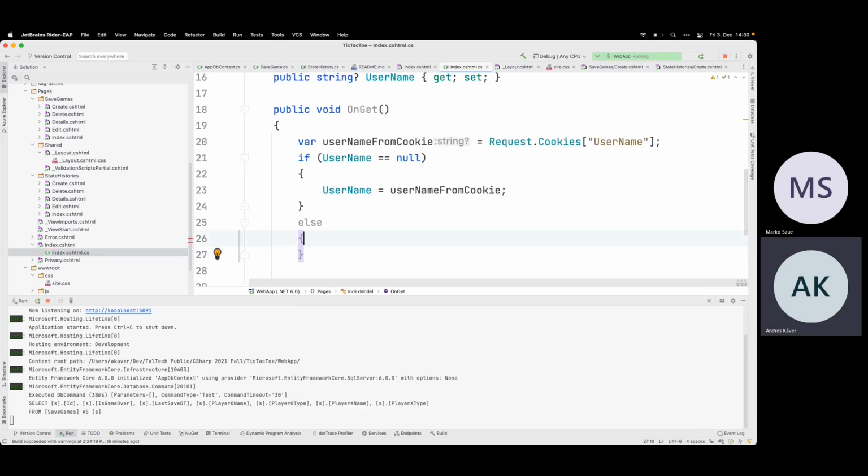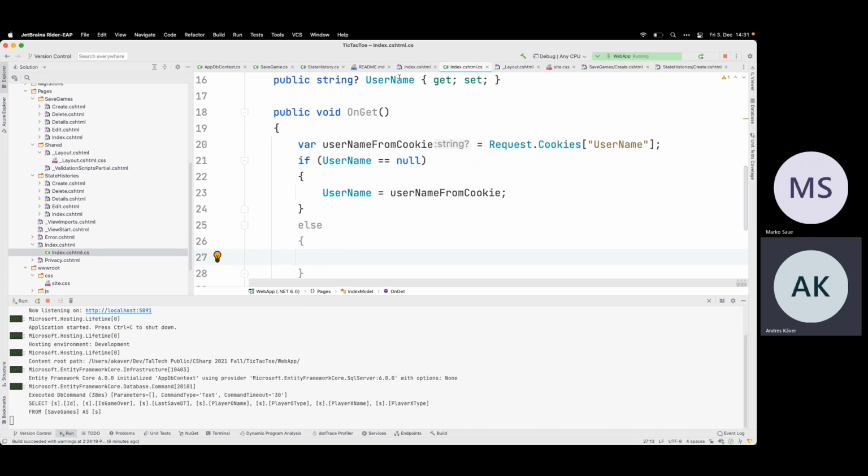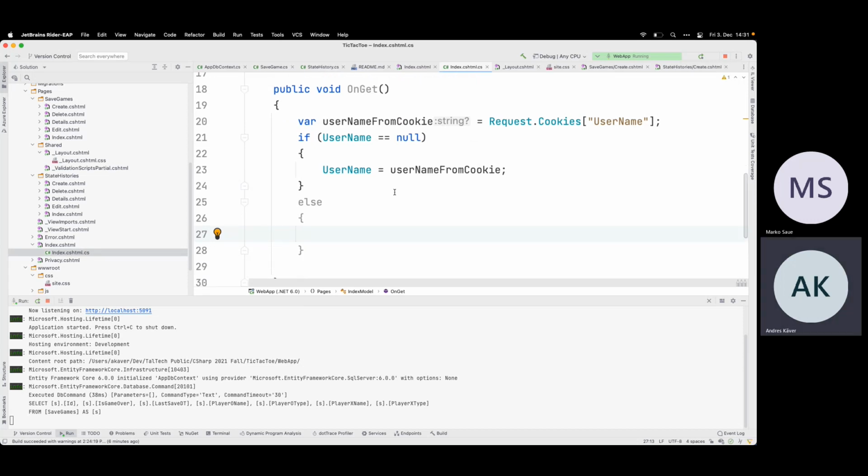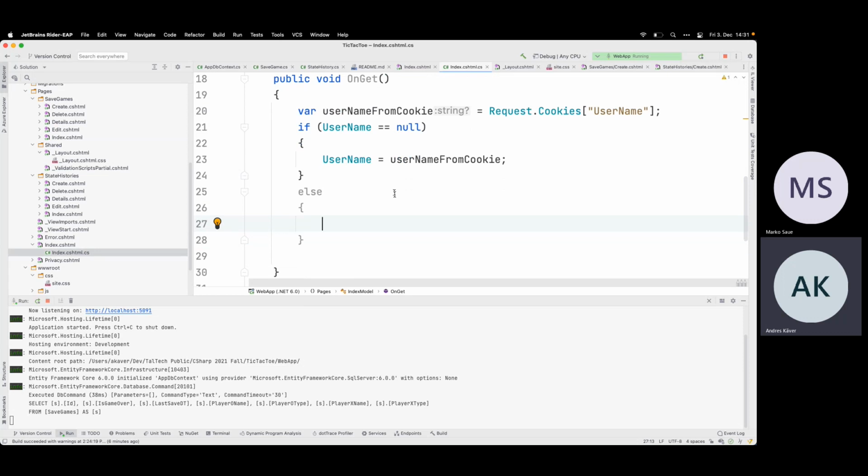And in the other case, if the username was not null, so somebody changed the username or clicked submit on the form, then we get the new username here. Then we need to actually save it into the cookie.